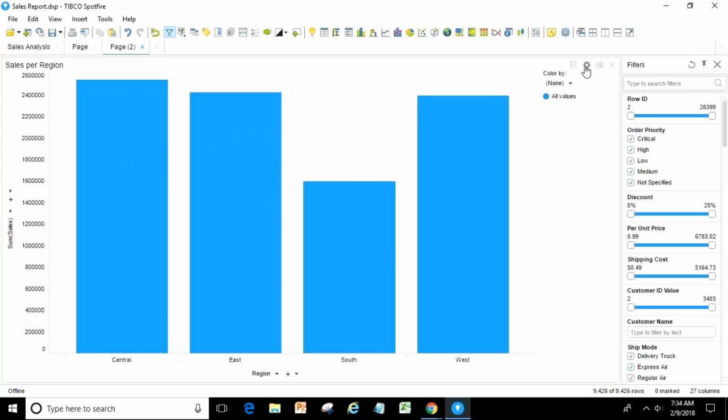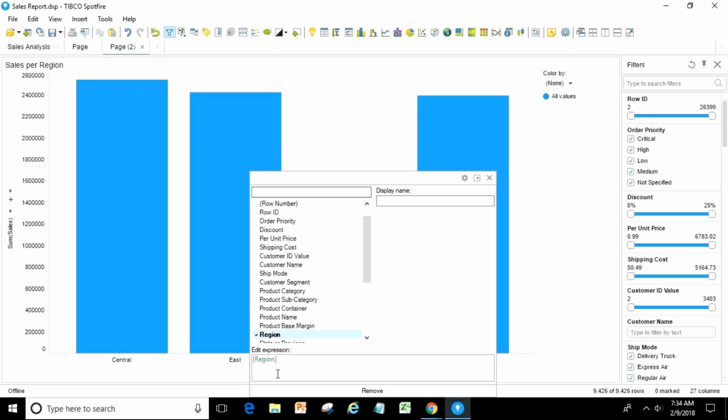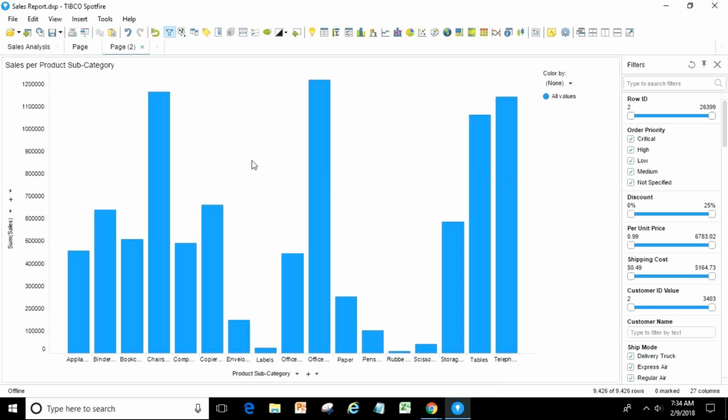So we'll go to the properties. Instead of region, can we take the product subcategory? There are a lot of products listed, right? Anything. It's your choice.